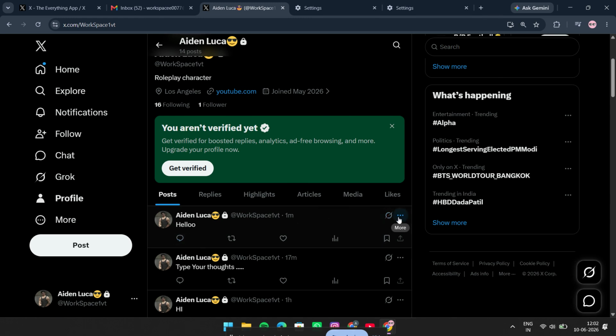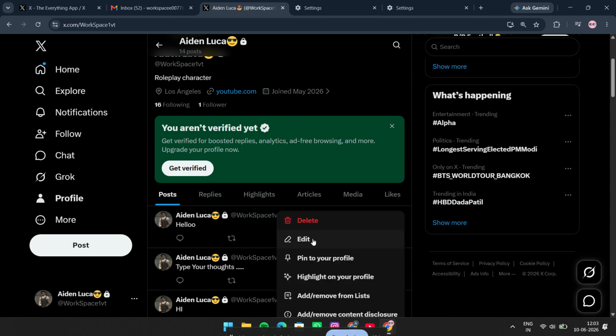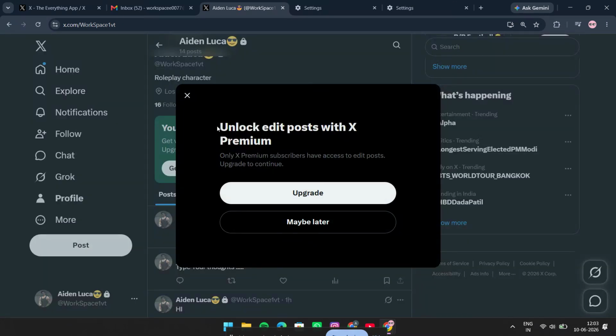Tap or click those three dots to open the options menu. From that menu, select Edit Post. If you are a premium user, this option should appear automatically. If you do not have premium, you may not see the edit option at all, so keep that in mind